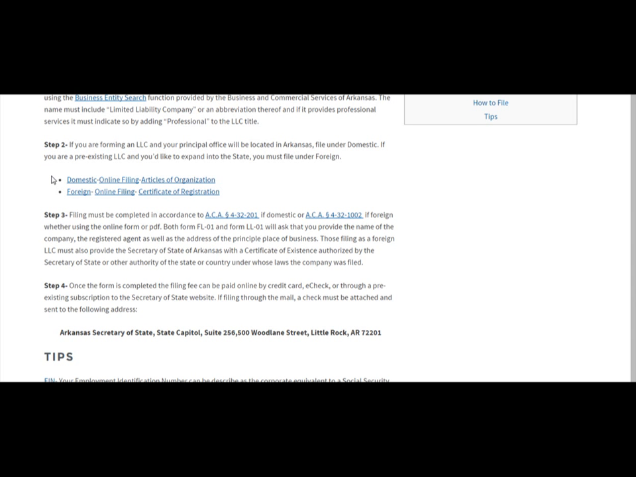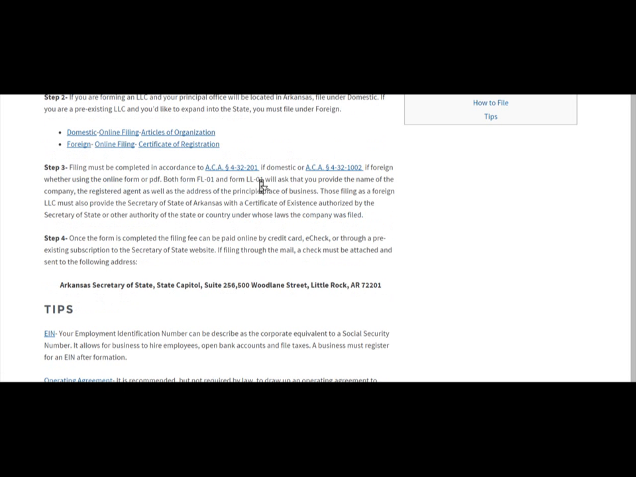So say a company from Texas wants to do business in Arkansas, they're going to have to file what they call the certificate of registration. They could also do so by filing online. If you want to create a new company within the state, you can do so online or by filing the articles of organization. Those who are foreign entities will also have to provide a certificate of existence, which has been